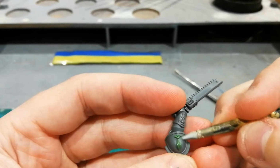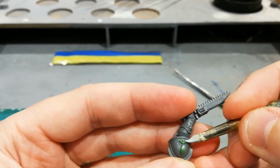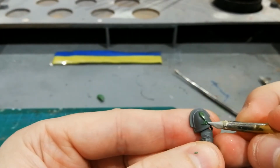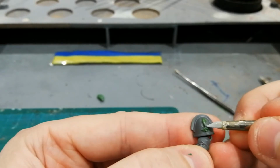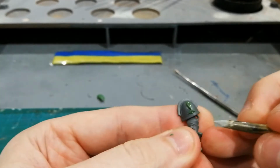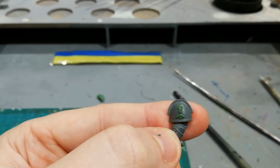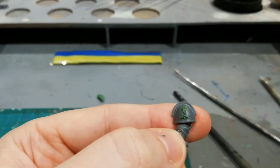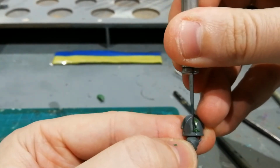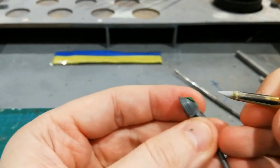And then with these side bits, I'm going to use the rubber tip. This is where the rubber tools really come in quite useful, because they're flexible and you can really bend the green stuff round. So looks like the left hand side is slightly longer than the right. So I'm going to use this hobby knife again. Just take a little bit away, then with a rubber tip tool,